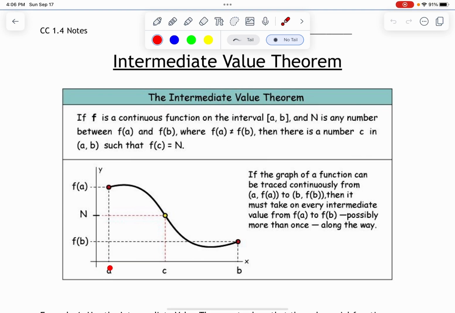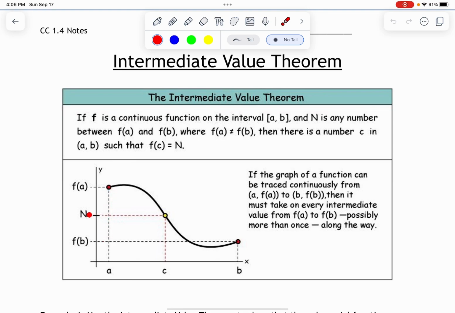So let's say a is here and has some height up here. Maybe that's a height of 3. And b is here and the height is here. Maybe that's a height of 1. N has to be in between here. So if this is 1 and this is 3, then maybe n is 2. What it's saying is that for every height in between f of a and f of b,